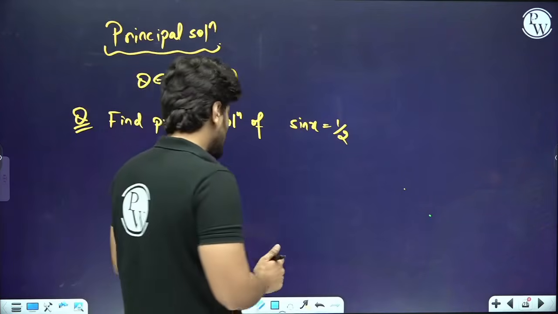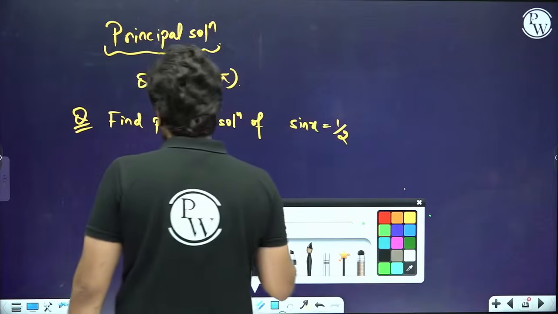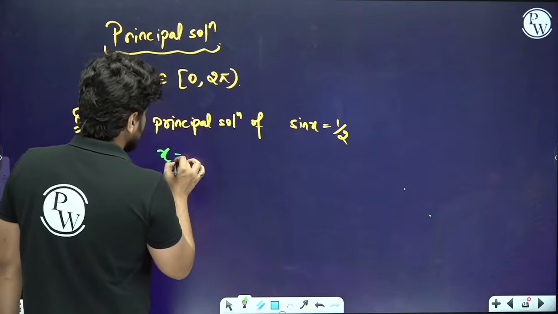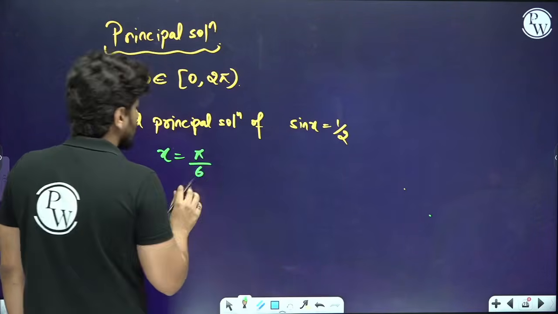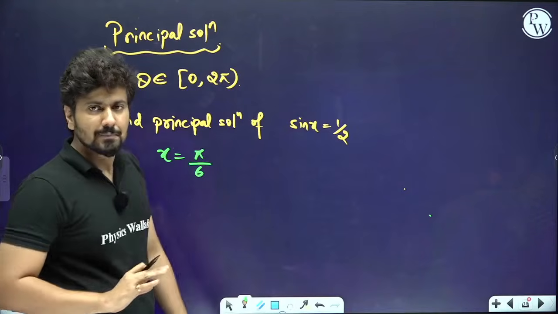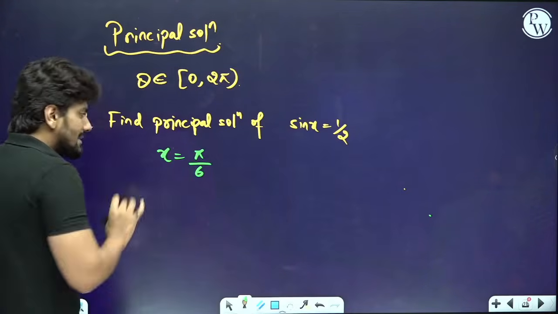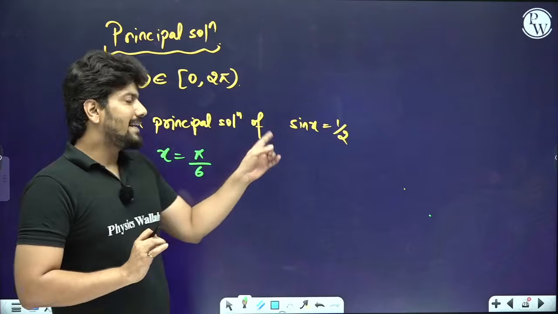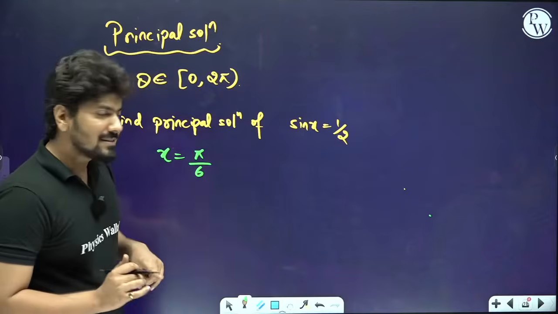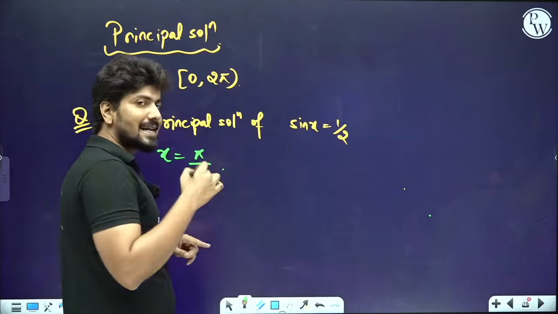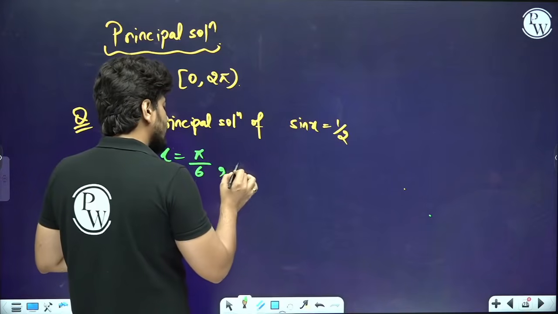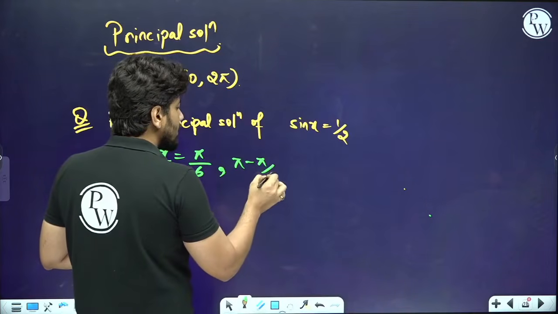So sin x is equal to 1 by 2 in the first quadrant at x is equal to what? At x is equal to pi by 6, or we can call it 30 degrees. Then again sin x becomes 1 by 2 in the second quadrant, and that angle is pi minus pi by 6,